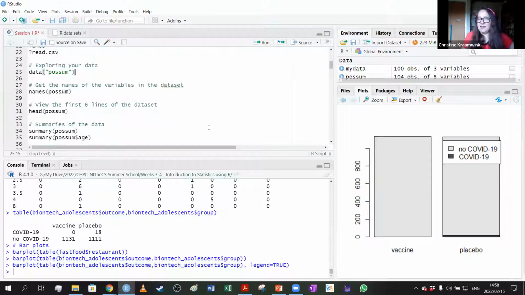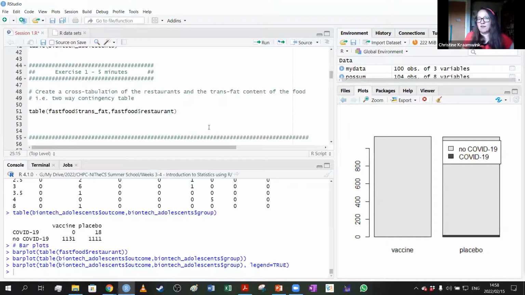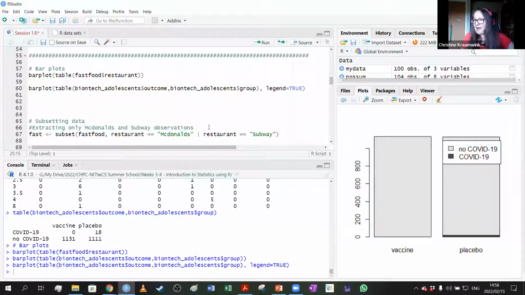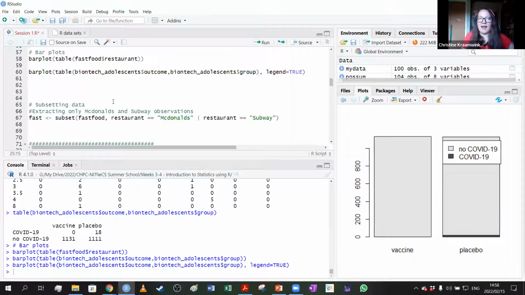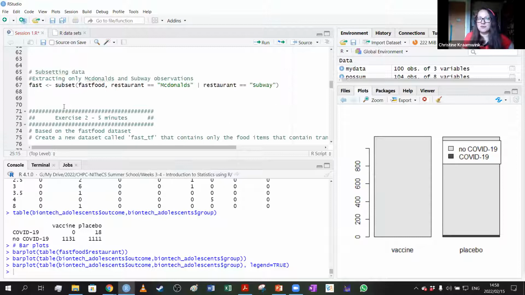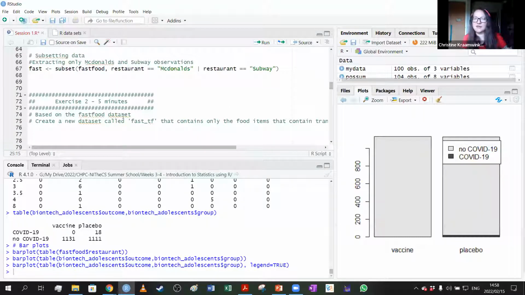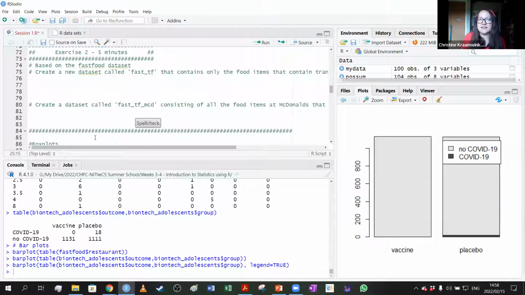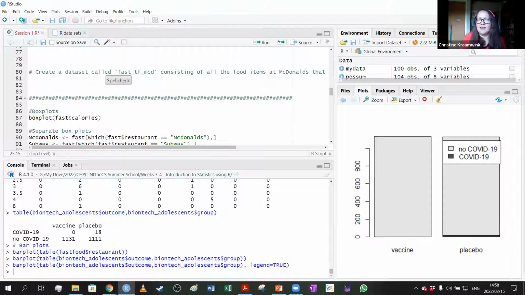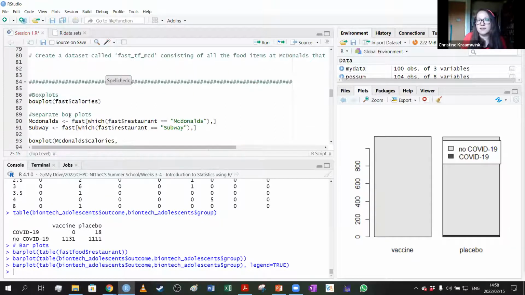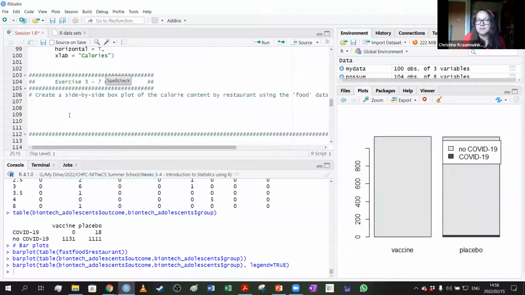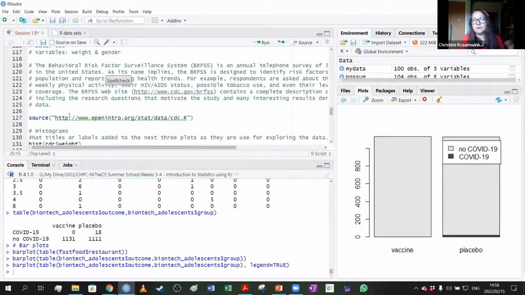But yeah, the rest of this, I don't think we'll get through today. I've added a little bit about subsetting data, and you'll see I've added some exercises. You don't need to do it straight away. It's maybe a good idea to just have a look at it and try some things before the class on Thursday. There's some exercises that I've added, and then also a little bit about box plots, and some examples that I've shown you.